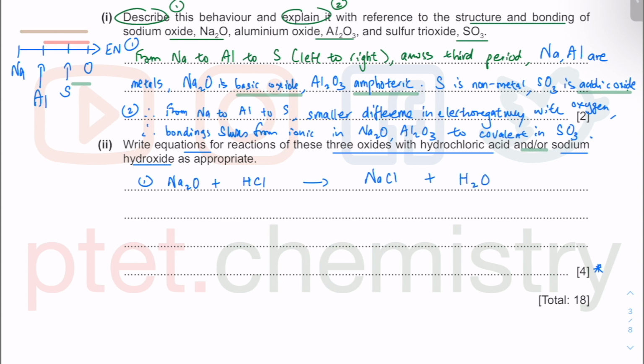Any equation you write needs to be balanced. So 2 Na, so 2 NaCl; 2 chlorine, so you need 2 HCl; and then 2 hydrogen and 1 oxygen, 1 of that water. So no problem there. Now onto the acidic oxide SO3, and that will react with sodium